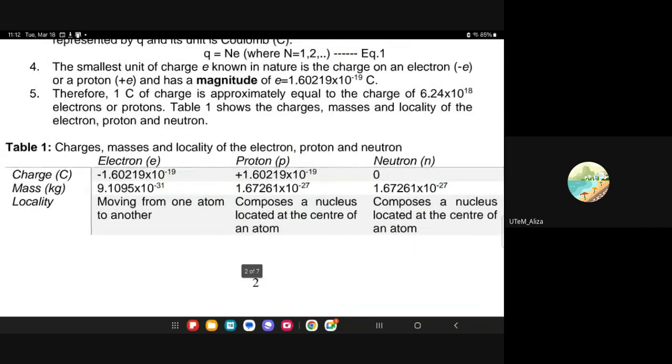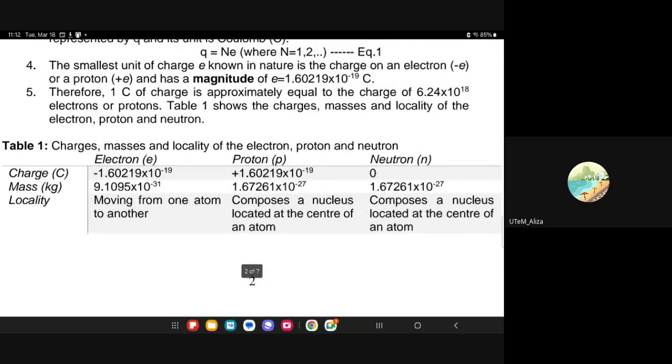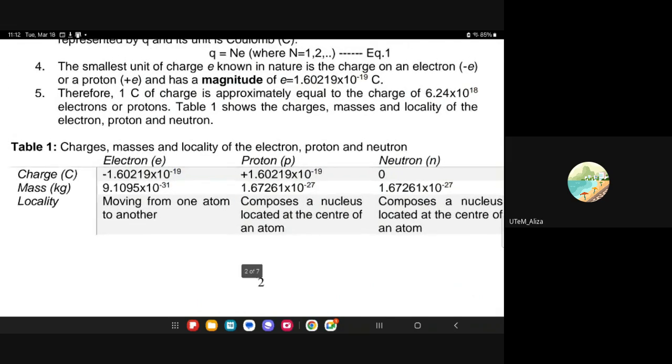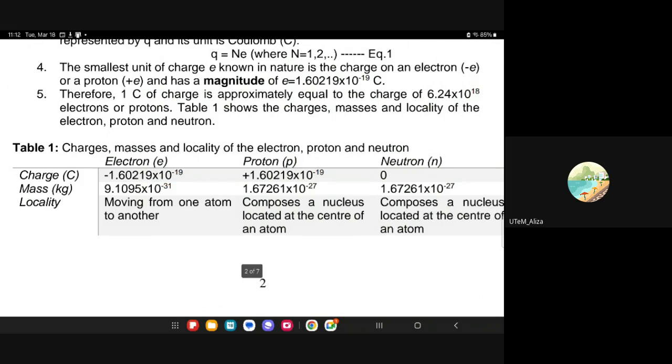So if you see here, between these 3 components, which has the heaviest mass? You can see here, there are 2 items that have the same mass and they are heavier compared to the other one. And those are proton and also neutron. Electron has the lightest mass, meaning